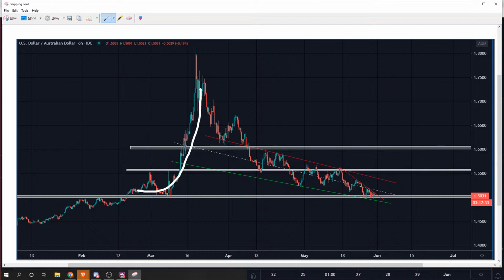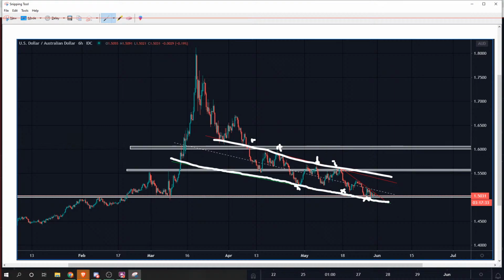We do see that we had a massive move to the upside, and now we're getting a pretty significant pullback here, but we are, in my opinion, somewhat basing. I do think that it's definitely way too early so far because we are still making lower low, lower low, lower low, and obviously we're making lower highs like so. And then I just connected that zone to indicate a potential level where we are going to form some level of a base. But as of right now, we are still making moves to the downside,